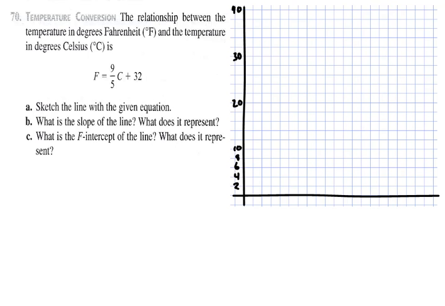Now first of all, when C is equal to 0, then F will be equal to 32. So C is on my x-axis, and F is on my y-axis. From that point, I need to go up 9 and over 5. Well, you can see that I'm going to run out of room doing it this way, so I'm going to